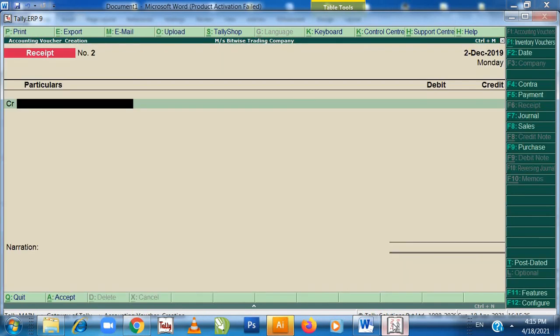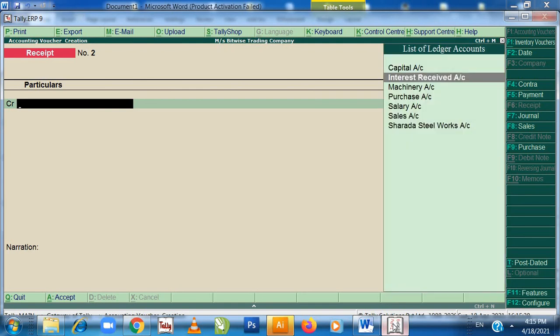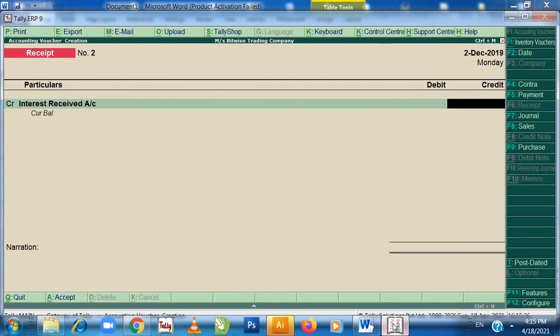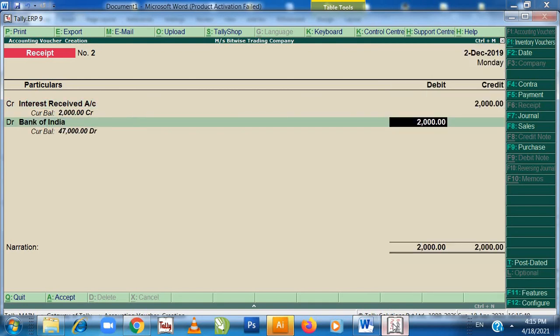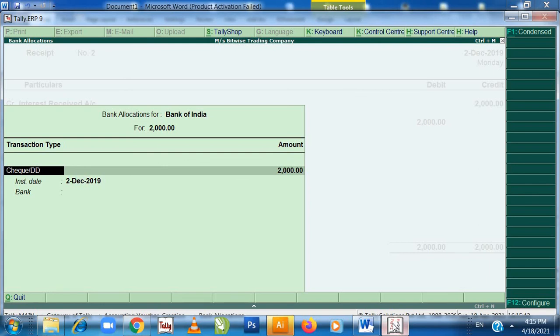Entry will be Bank of India account debit to receipt. So here interest received will be first credit 2000 and Bank of India will be debit. Bank of India account debit to interest received.